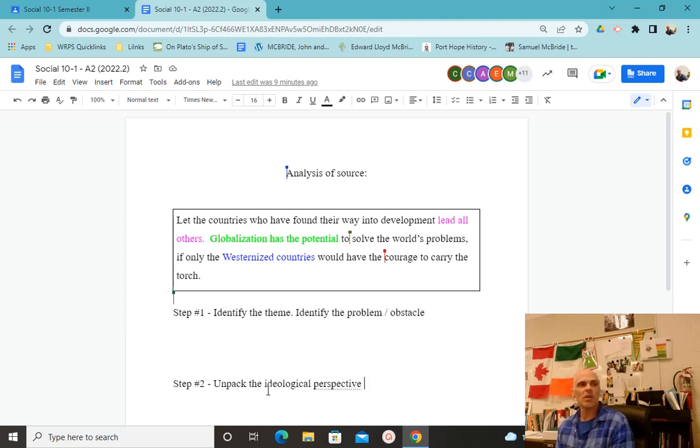Yeah, so that's definitely going to be a nuance, especially of that first sentence. So think of climate change. Think of Kyoto. Kyoto Protocol is no more. We've moved beyond Kyoto. But when we talked about climate change, the United States was one of the countries that didn't want to sign on because not all countries would be treated equally underneath it. Some countries, developing countries, had less obligations than developed countries. So Canada might look at that and it says, let the Western countries have the courage to carry the torch, and Canada might be like, wait a minute, what about these countries? Should they carry the torch?